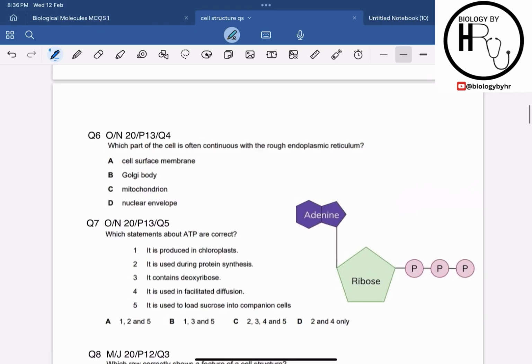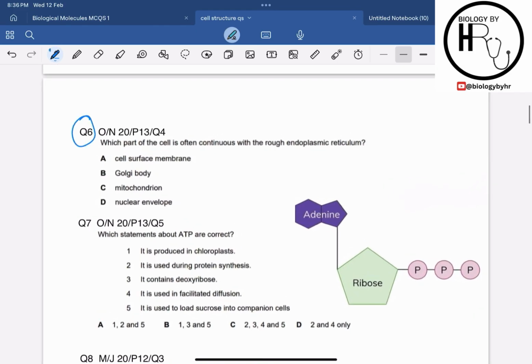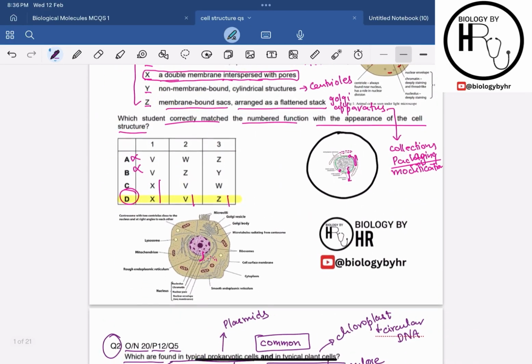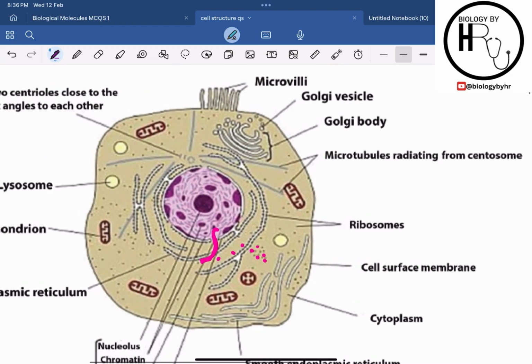Alright, so now coming to question number 6, which is from October-November 2020, paper 1-3, question 4. It says that which part of the cell is often continuous with the rough endoplasmic reticulum. So I already told you above that this MCQ will come later, that which part is basically continuous with the rough endoplasmic reticulum. So you can see